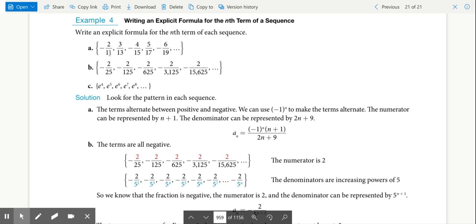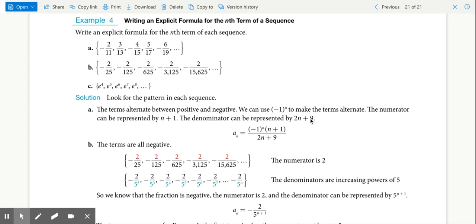So that would be my y-intercept, because this is essentially linear, right? If I'm going up by the same number each time, I can think of this as being linear. So my y-intercept for just the denominators here is all we're talking about. My y-intercept would be 9, because this is my 1 term, so if I go backwards 2, my y-intercept would be 9. And I'm going up by 2 each time. So my linear equation would be 2n plus 9,